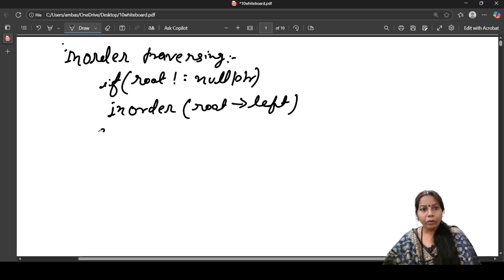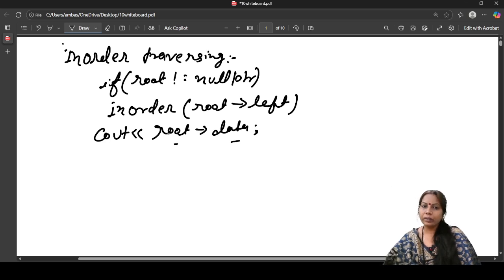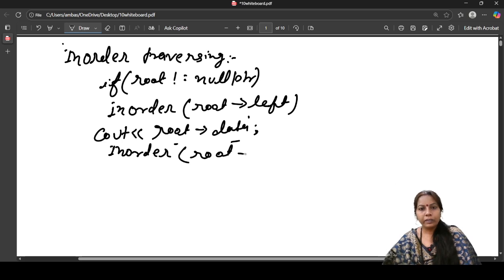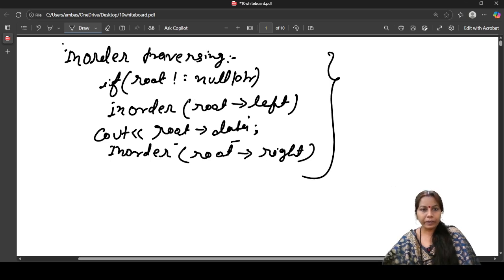Now this prints the root node's data, the value stored here. Now this visits inorder, with root pointing to the right node. So this is about in-order traversing.